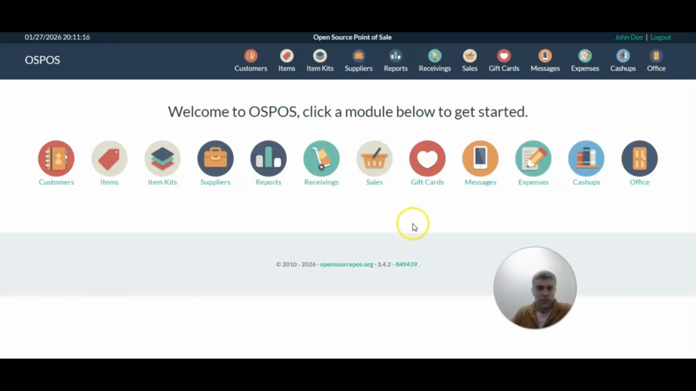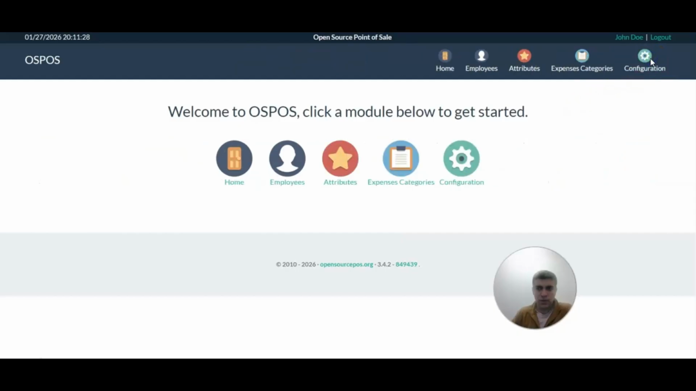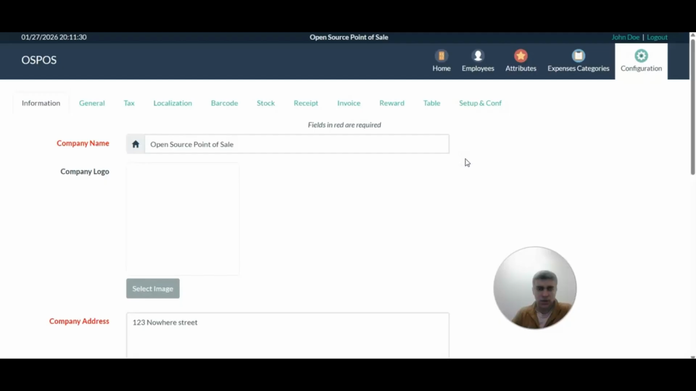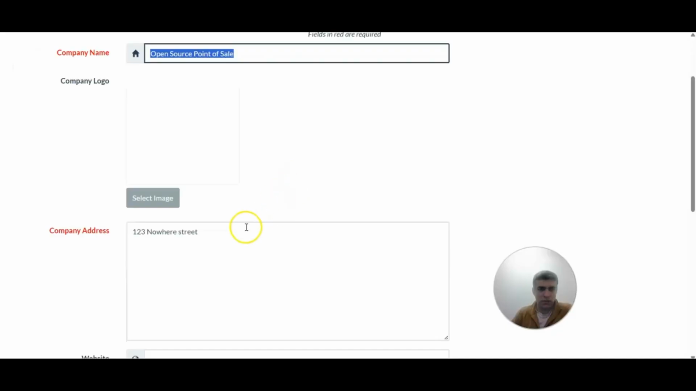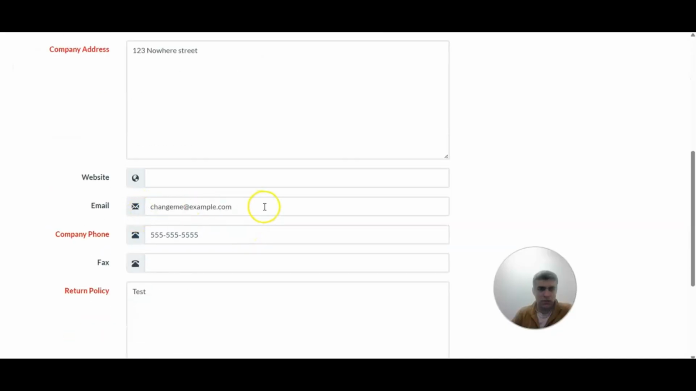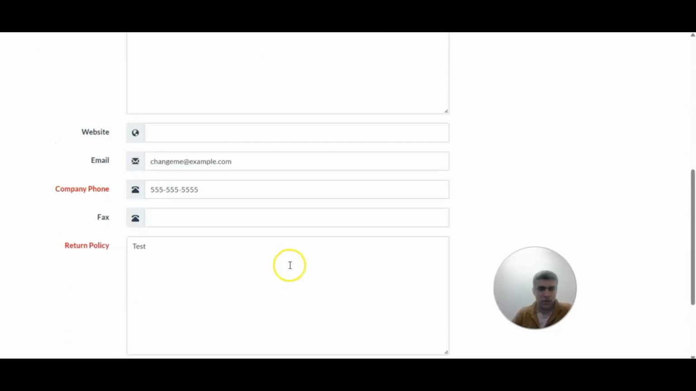Let's have a look at some of the configuration options available on OSPOS. So when you log in, you can just go into Office and then Configuration. And then you can see here there's a lot of different fields available. You can select your company logo, you can put your company name, company address, email, phone number, all of these